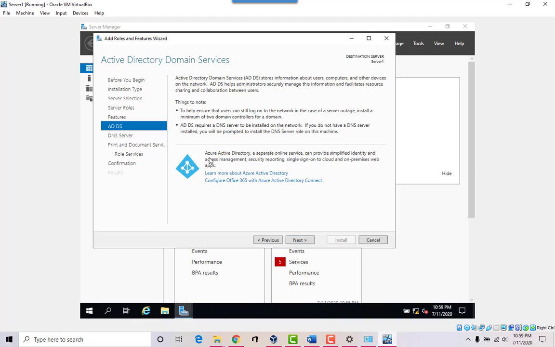The whole thing with Azure, it's a new, well, not new, but it's a service from Microsoft, and allows you to do things like the ability to have a cloud-based authentication method, basically. But we don't need to do that. We're going to be doing all locally using the Active Directory domain services.